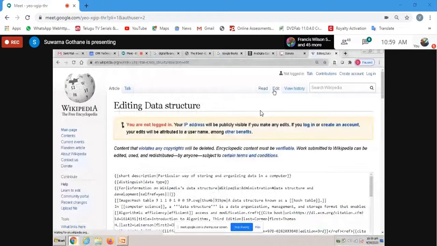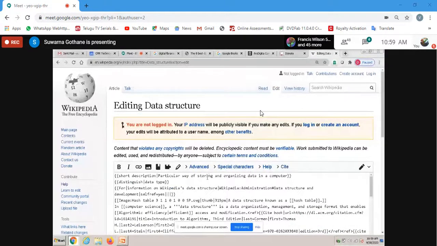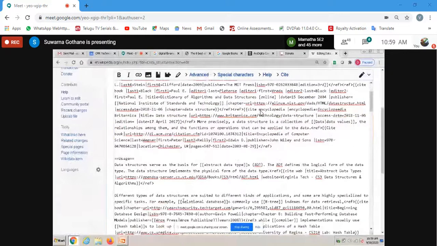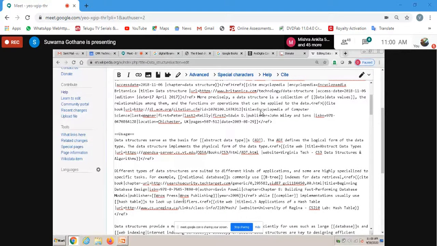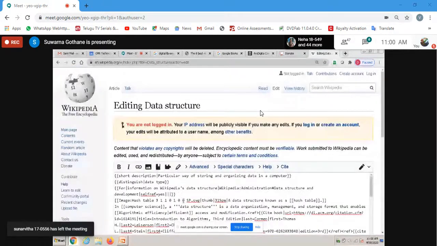edit this information also. You have the rights to edit this information. Here is the read option, directly you will get the read, but if you go for the edit, you can change all this data, means the data which is available in Wikipedia. But you should have the correct knowledge, then only do this, because your IP address is going to get traced. If you misuse bad words or wrong information or falsifications, then it is not allowed. That is not acceptable. So you have the authority to change this, that is up to you.